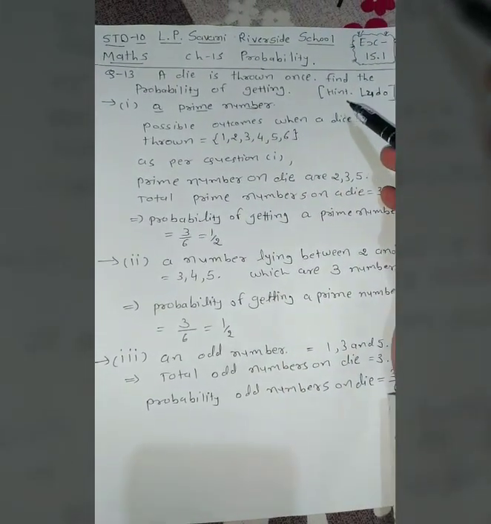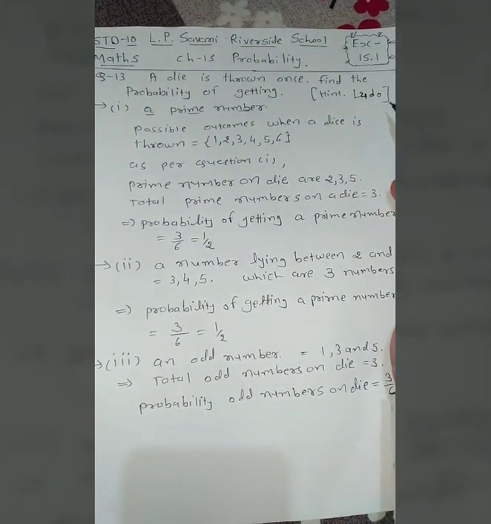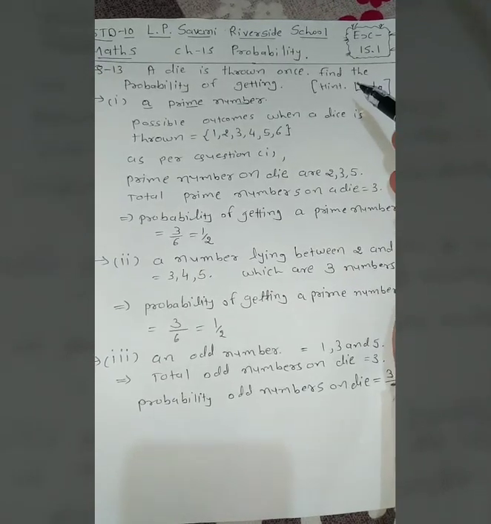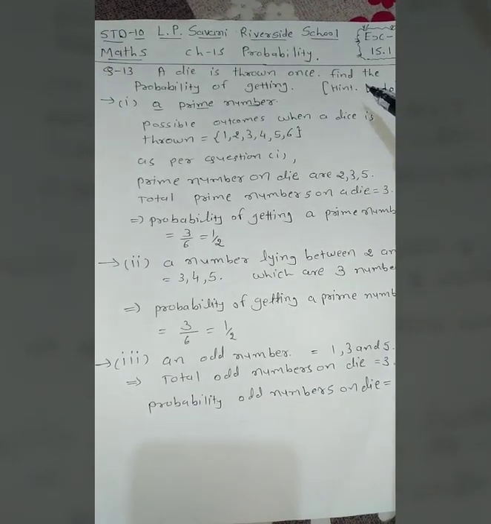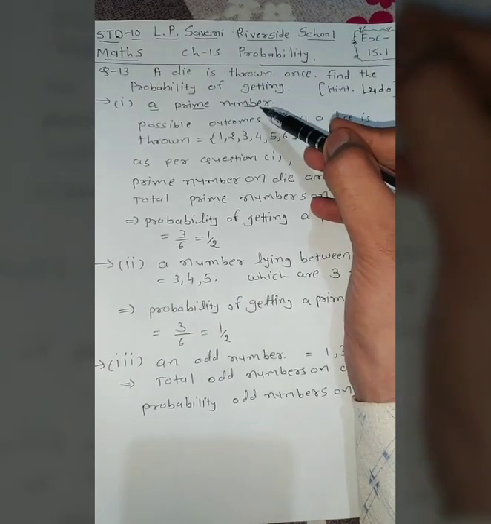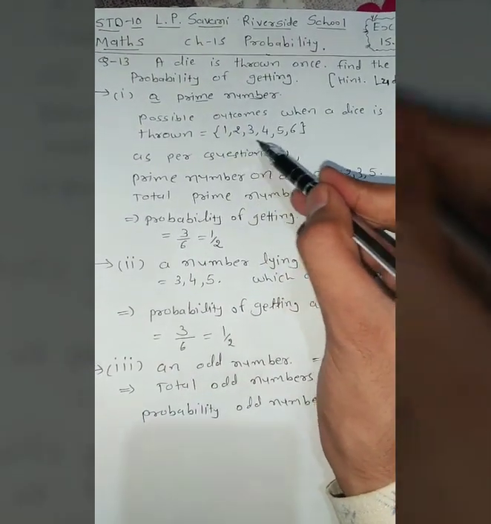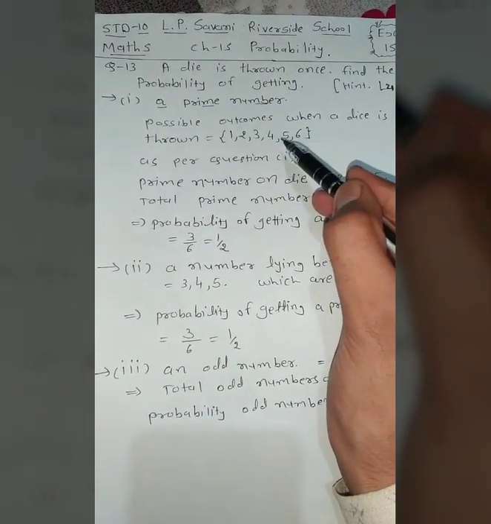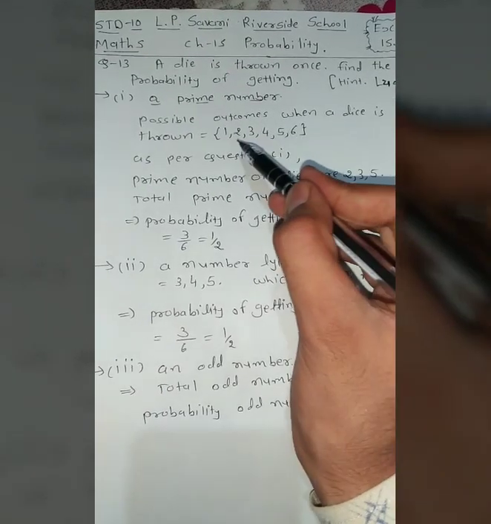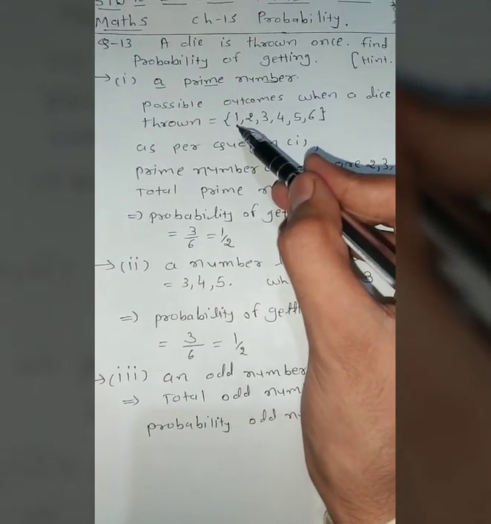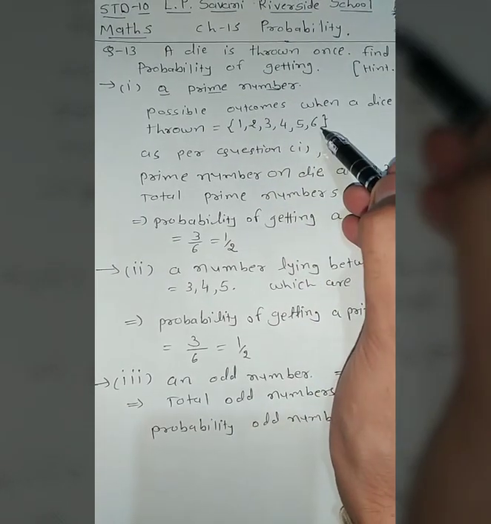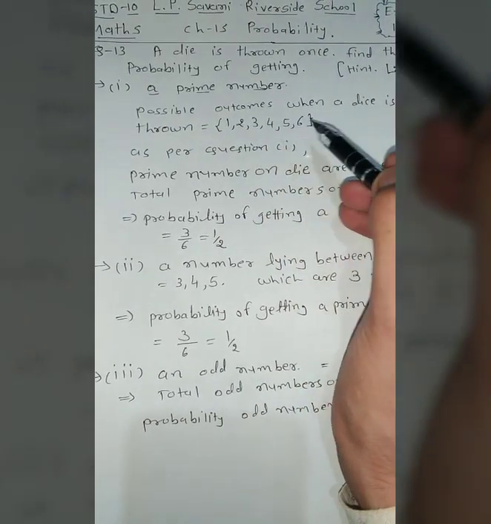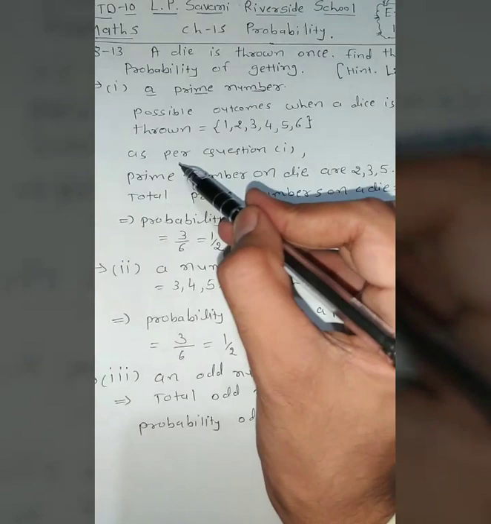Here I give one hint. In the Ludo game we use the die. There are basically 6 numbers we can get after throwing that die. So here there are 6 outcomes: 1, 2, 3, 4, 5 and 6. One of these we can get after throwing that die.